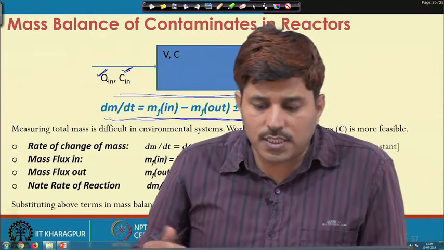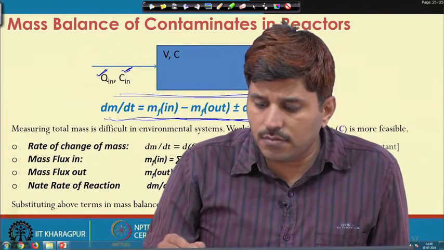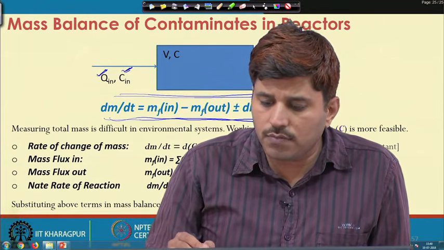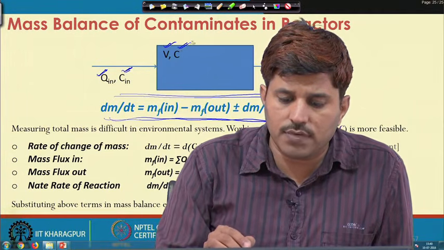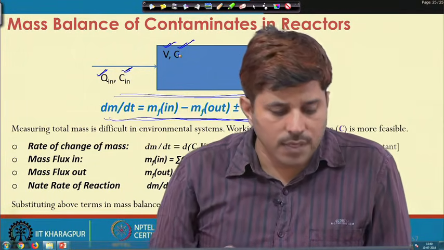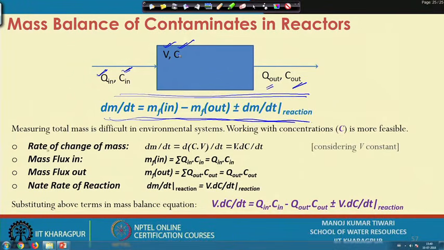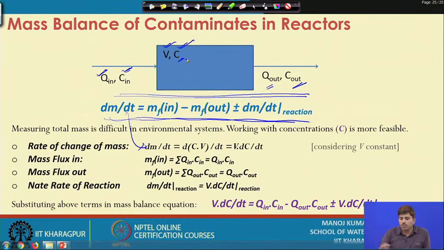So, in such a system, let us say the concentration going out is C out, the flow going out is Q out, the volume is V, and the concentration within the reactor is, say, C. So, if we try to see the rate of change of mass, the different terms over here, the first term is dm by dt. This is the total mass in the reactor if my average concentration is C. So, C is the concentration, say in milligram per liter, and